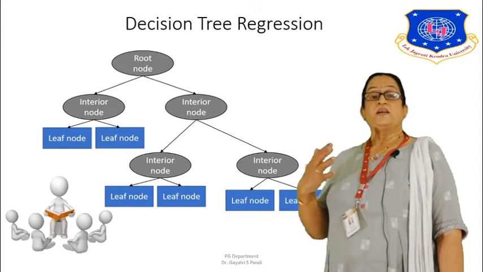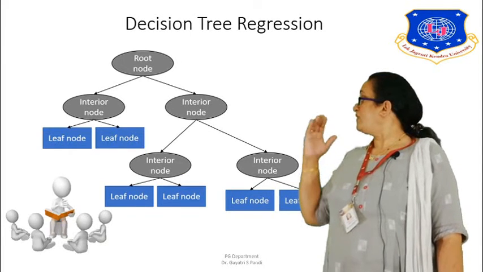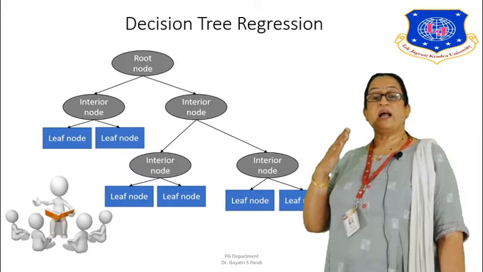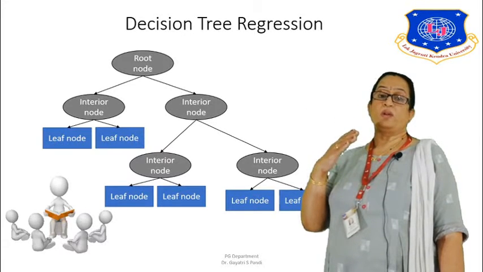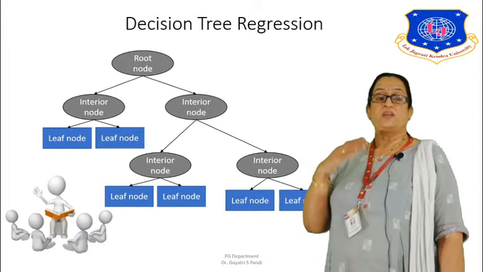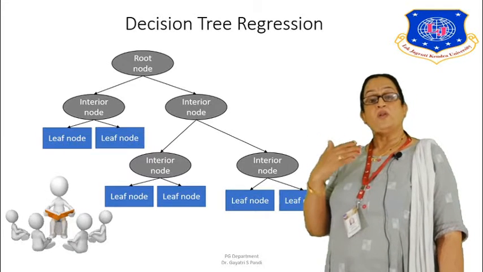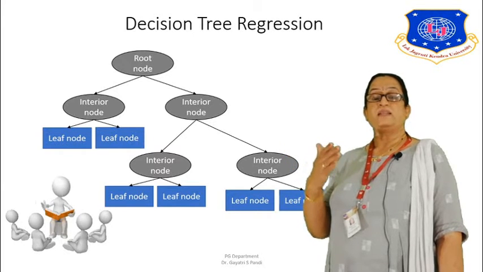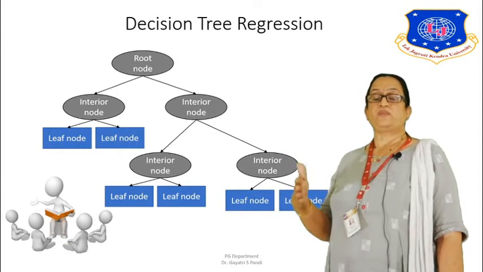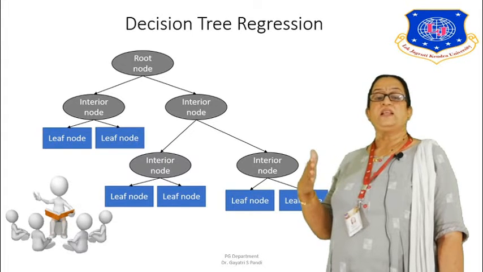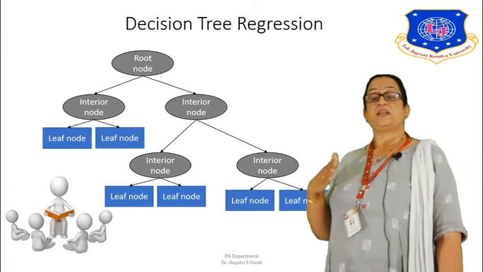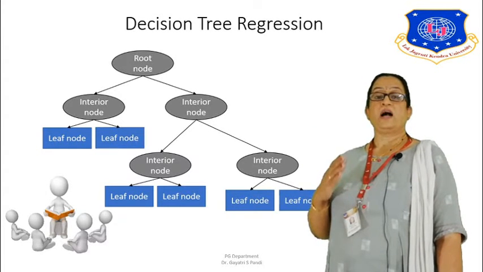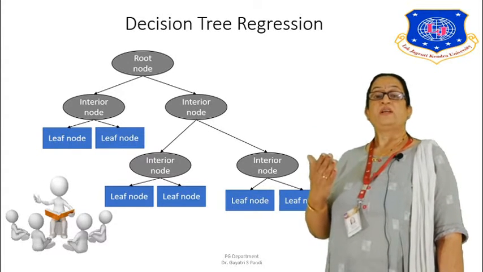This is a representation of a tree where you have the root node at the top, you have interior nodes which have the root node as a parent node and a leaf node as its child on the left side. An interior node can also have certain other nodes as interior nodes, and then finally there will be leaf nodes. The last node is basically termed as a leaf node, which is represented here in blue color. And the oval shapes are interior nodes which can have parents.